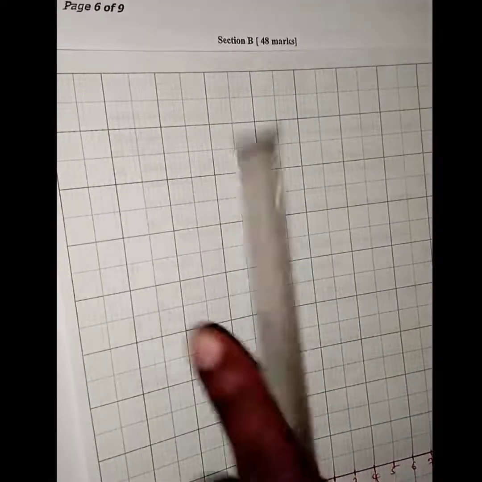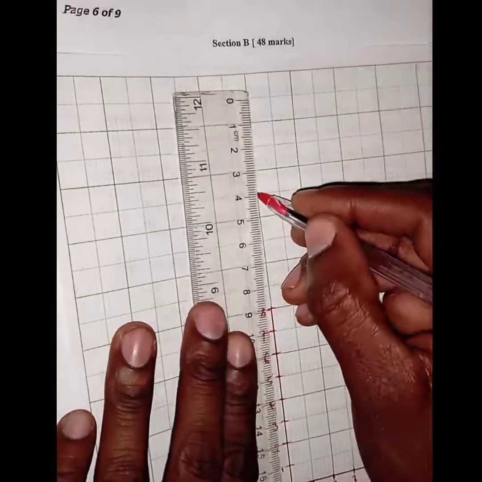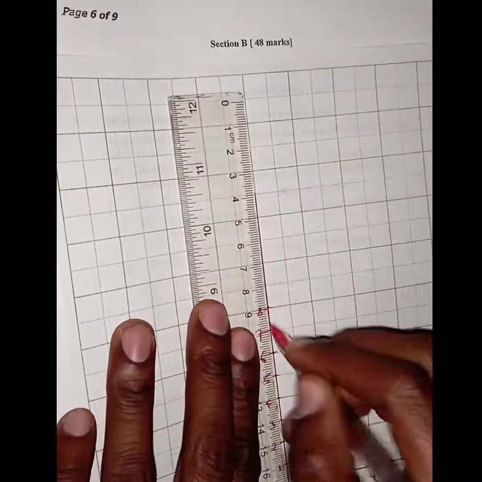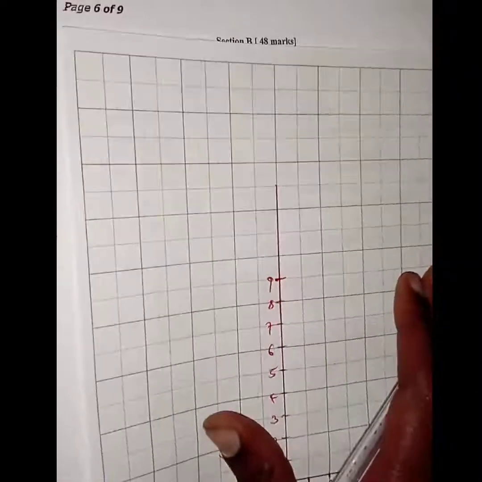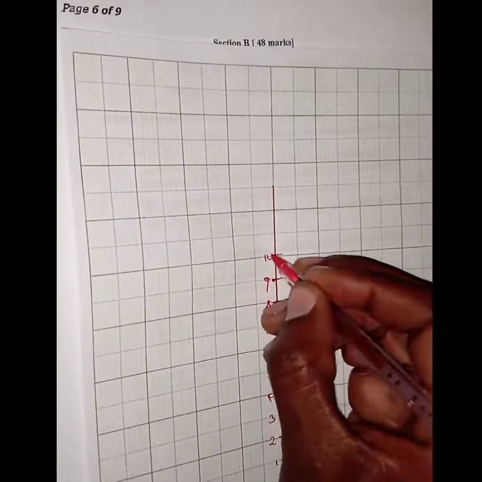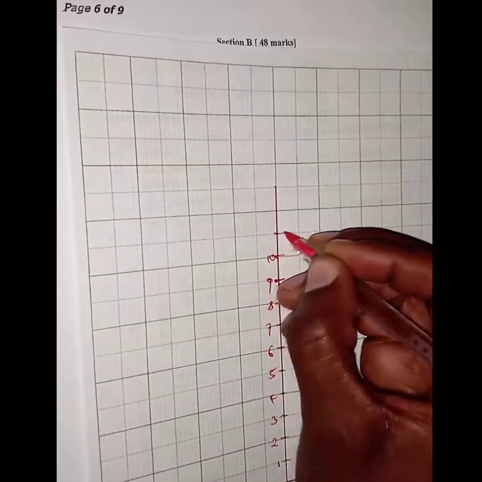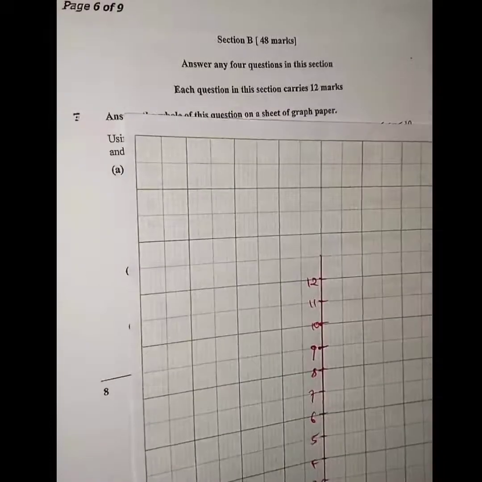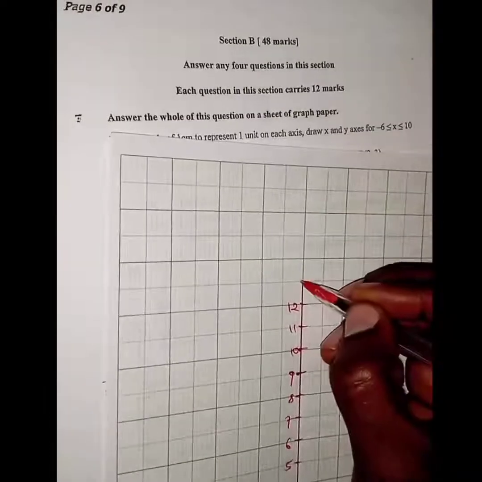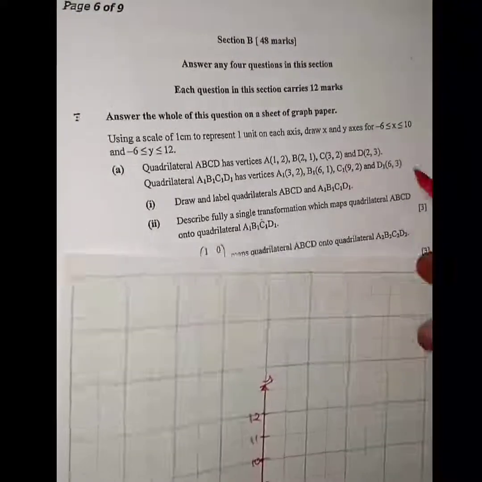You extend. 9, 10, 11, 12. So this is our y-axis. Then we plot